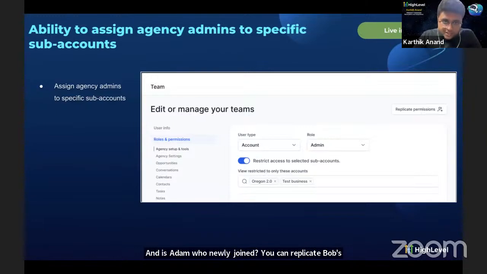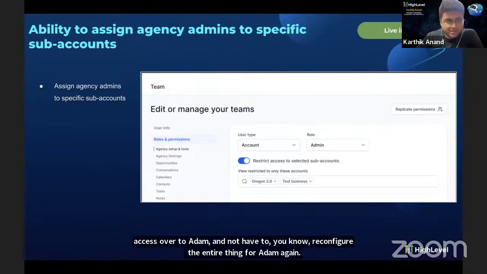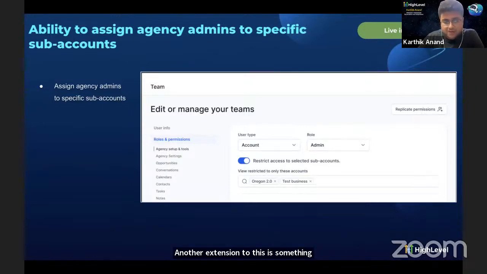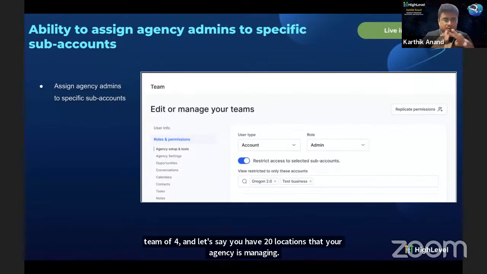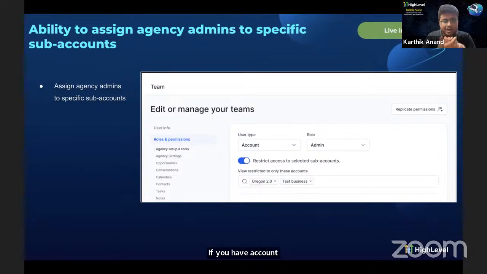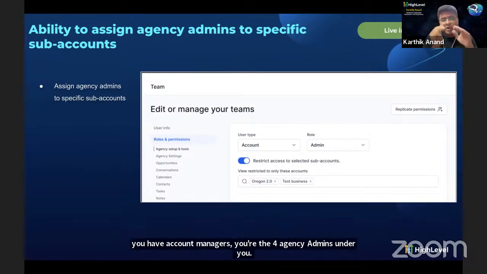Another extension to this is something for the agencies. So let's say you're a firm with 5 members, right? And you're the agency owner, you have a team of 4. And let's say you have 20 locations that your agency is managing. If you have account managers, the 4 agency admins under you, each of them managing 5 locations, you can now